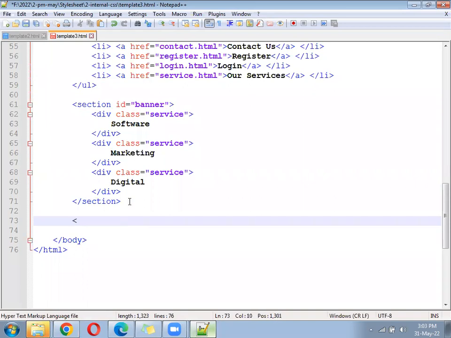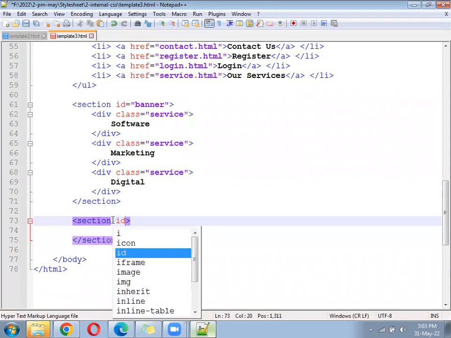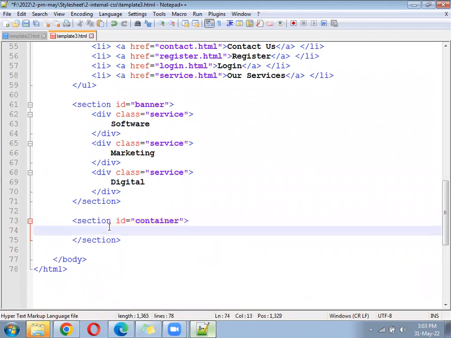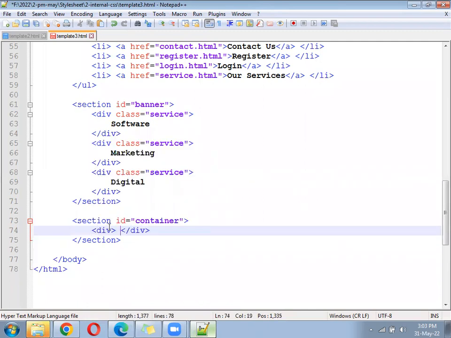Now go inside, write another tag called section. In the section tag, write here ID equal to container. Now come inside the container, division, HTML, class equal to technology, tech.